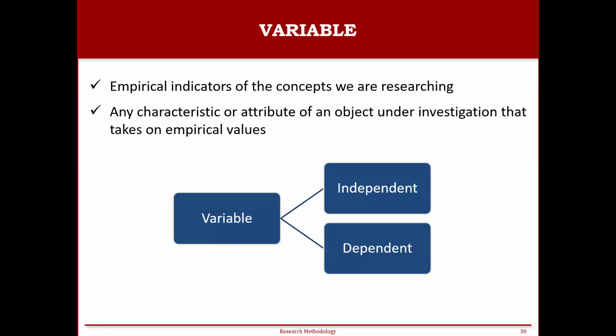Right? The dependent variable is the variable affected by the independent variable. It depends on the independent variable, and it cannot be manipulated by the researcher. So once you identify these independent and dependent variables, once you do the analytical part, you can test the relationship between these two concepts. You can even identify the variables affecting each other, and you can draw a very good conclusion about the cause and effect relationship through correlation coefficient analysis.